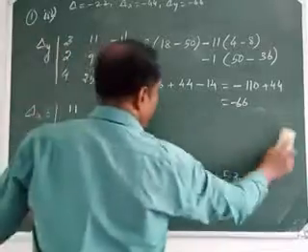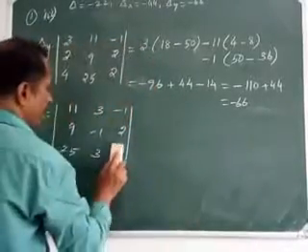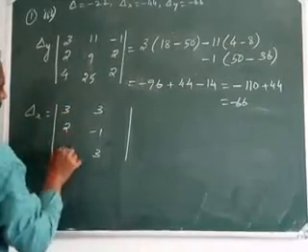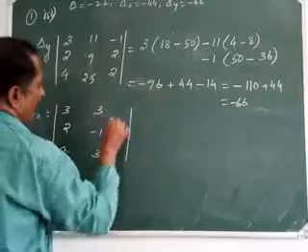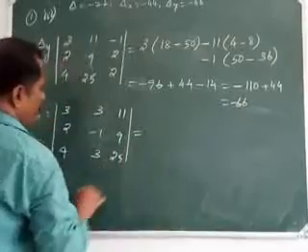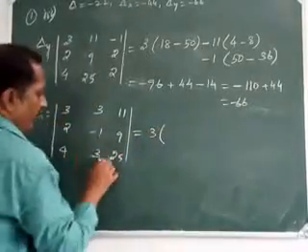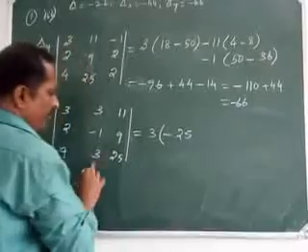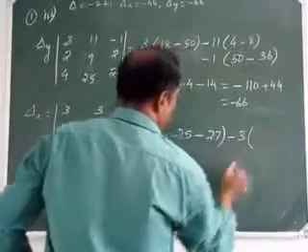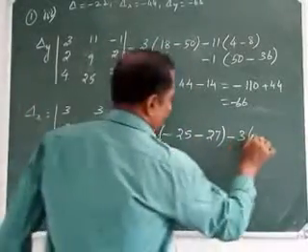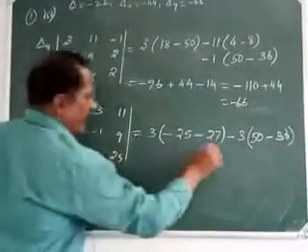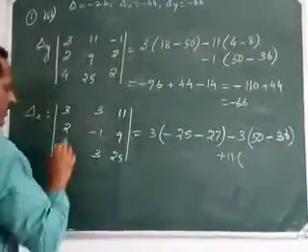What is the next, delta z value? Delta z, the last column is replaced. So first column 3 2 4, second column 3 y minus 1 3, third column is replaced by 11 9 25, which is equal to 3 into minus 25 minus 27, and then second one minus 3 into 25 twos are 50 minus 9 fours are 36, 4 9s are 36, and then plus 11 into 3 twos